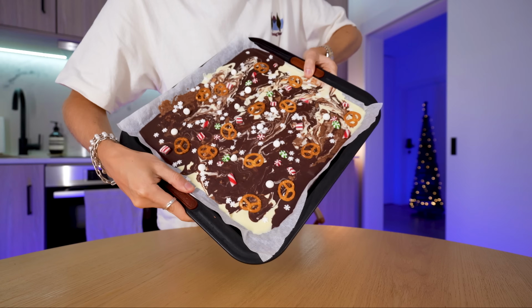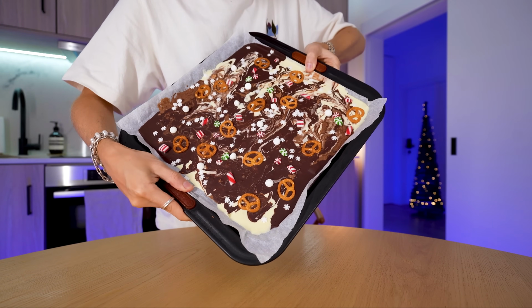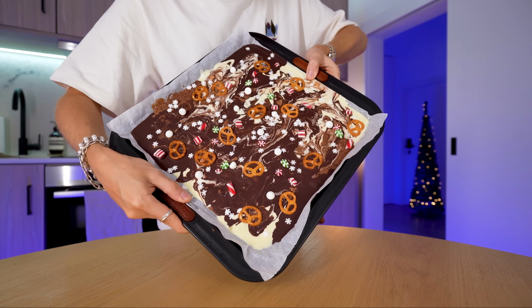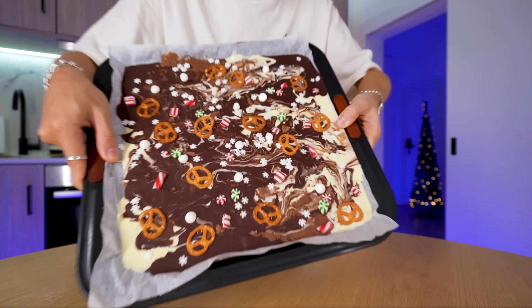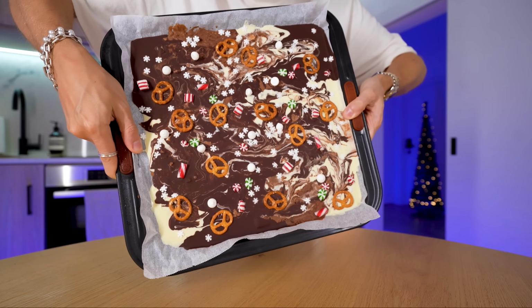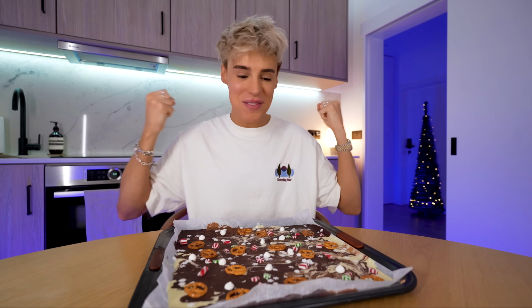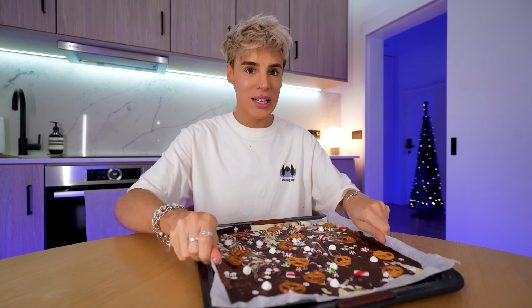So I just got this out of the fridge and look at that, I can even show it to you now. So it seems pretty solid. I am scared of breaking it, but I mean, isn't that the point of it? So I guess it'll be fine. I just hope it comes off the parchment paper, but like, oh, that is so satisfying. I just love the look of it. Like, it doesn't really matter if it looks messy. Once it cools down, it just comes together. It's the magic of Christmas. The magic of Christmas I will need now because